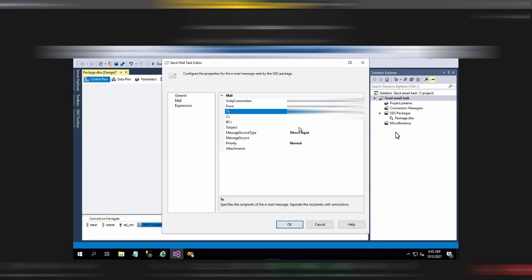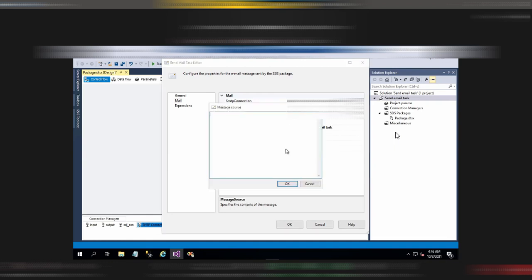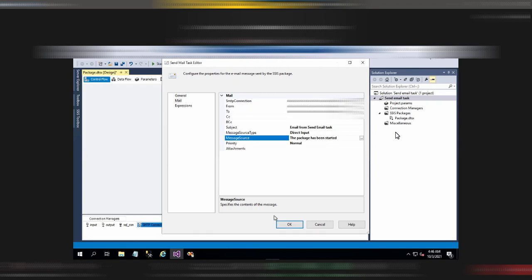Now in the subject you can put anything, like email from send email task. And then in the message source you can put the package has been started. Click OK.